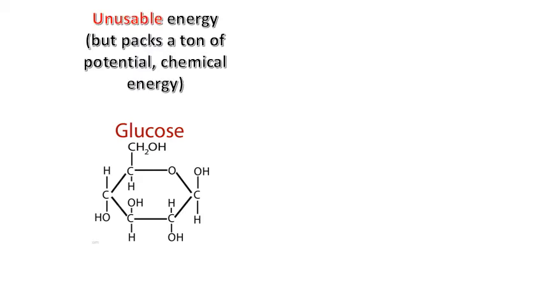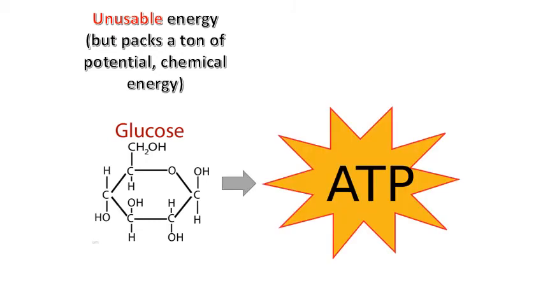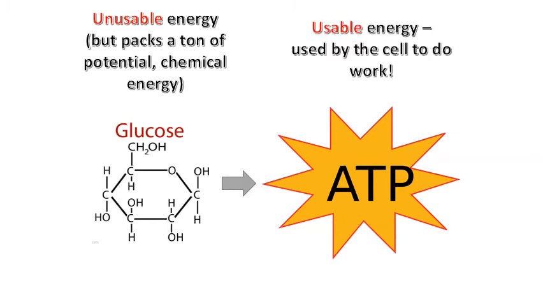This glucose molecule is that unusable molecule, just like our $100 bill. It packs a ton of potential and chemical energy, but it's just unusable. So we need to convert it to ATP, which is our usable form of energy. You're going to see we call it energy currency. We use it as currency to pay for things that we need to do in our cells, pay for work,